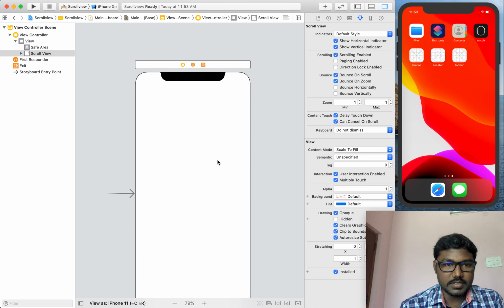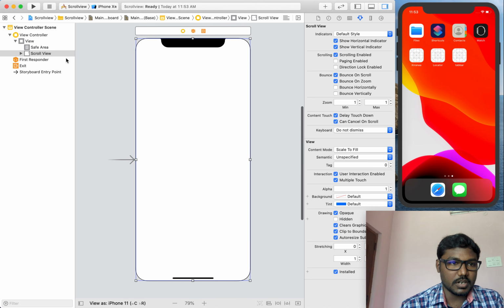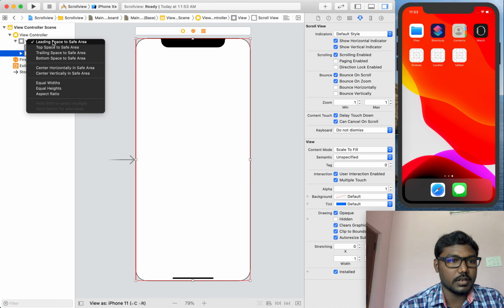and we can set the constraints for the scroll view, like leading, trailing, top and bottom.